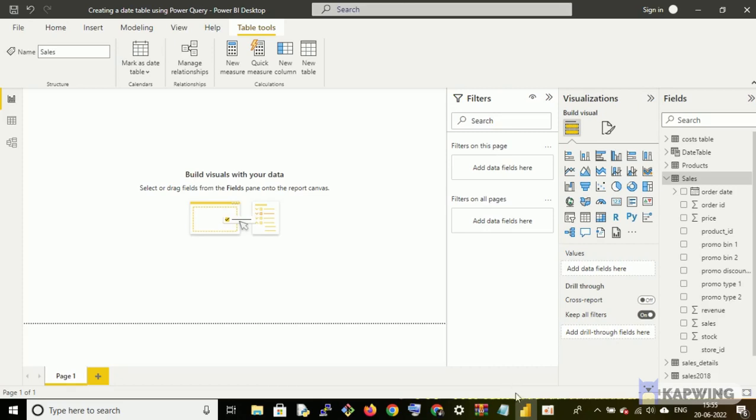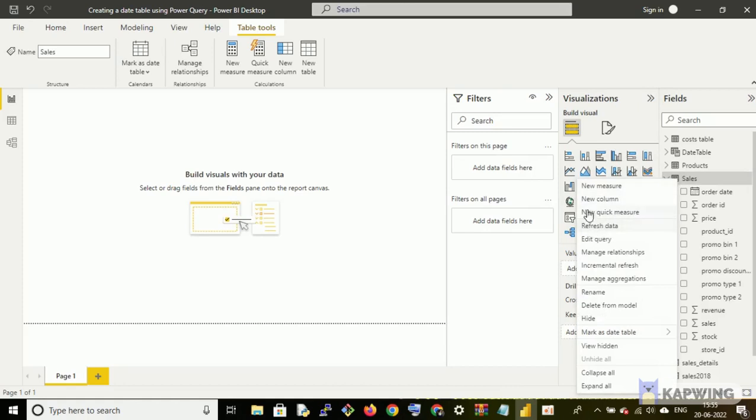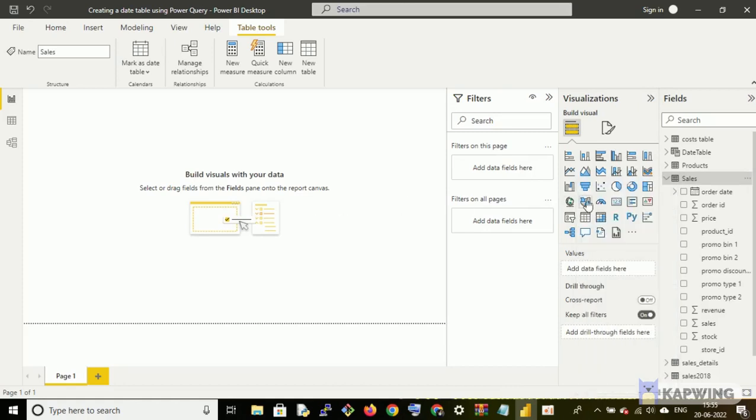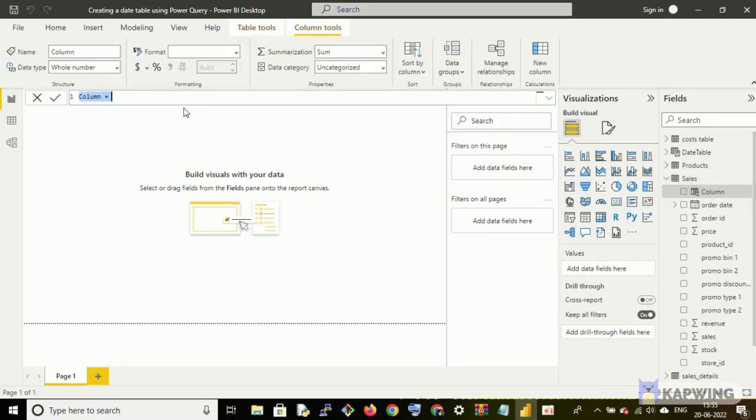First, let me explain calculated columns. For this, select Sales, right click and click on New Column, or simply select it here and click on New Column. A formula bar will open. Now type the formula. Let us calculate revenue. Revenue is nothing but sales into price. Revenue equal to